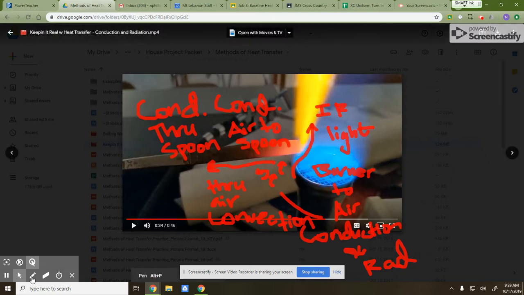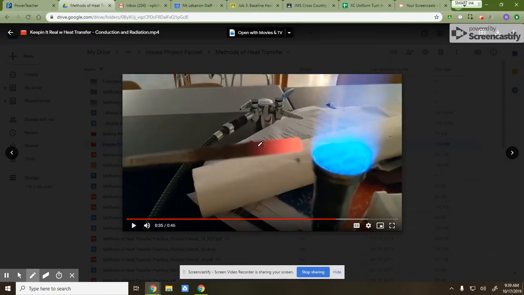So of course, it's also giving off energy in the form of infrared light, which is conduction and radiation whenever it's going from a solid to a gas, to the air. All right, so it's doing that stuff. The electrons in the spoon are all excited. They don't like that. They calm down, so they give off energy in the form of light, both in infrared, which is heat, and then visible light, IR and visible, the viz-biz,